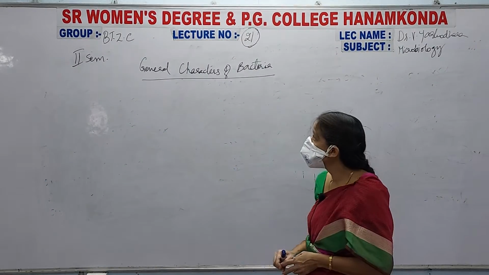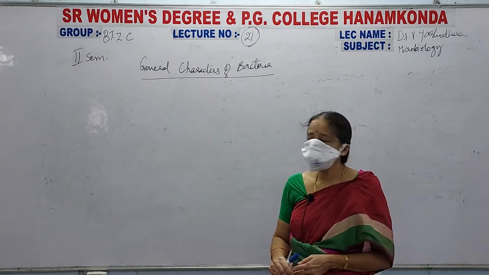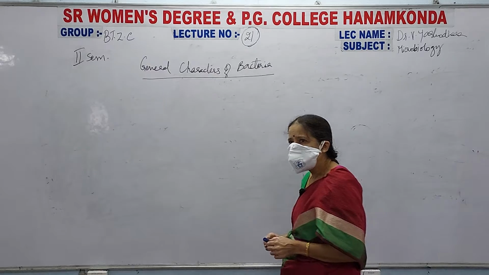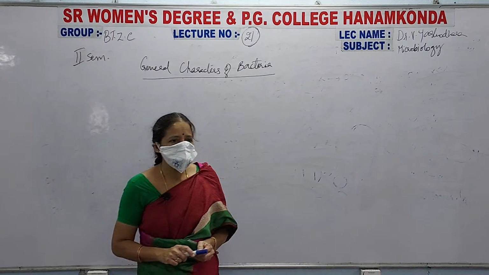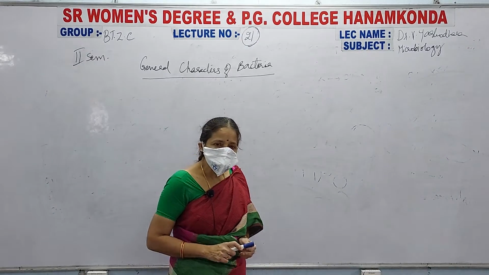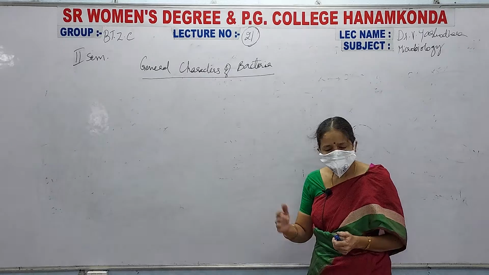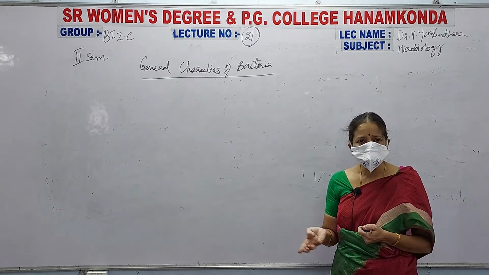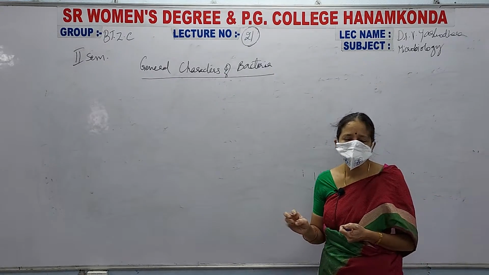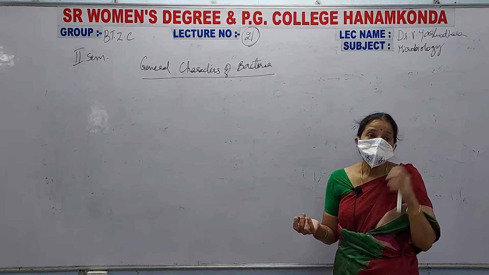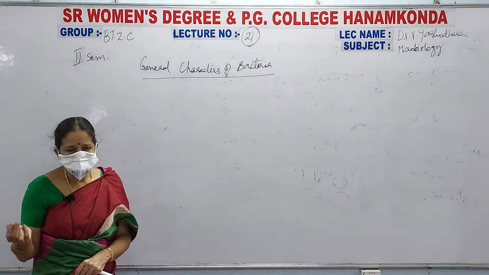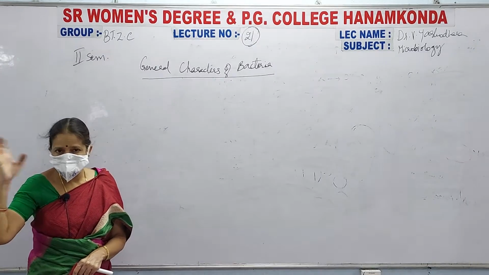Good morning, students. Today we will continue with our next topic, general characters of bacteria. In this unit, the microbiology unit, Unit 3, we have microscopy. First, 3.1 is the introduction to microbiology, 3.2 is the microscope, that is the bright field microscope, phase contrast microscope or fluorescent microscope, and the electron microscope, that is the scanning electron microscope and transmission electron microscope. All these will be dealt with by Murali sir.